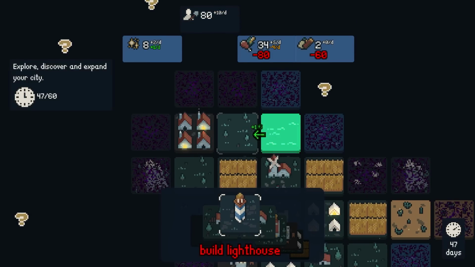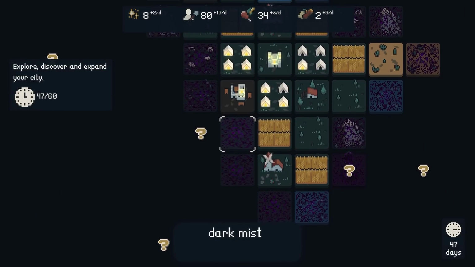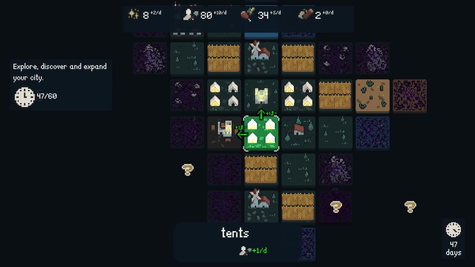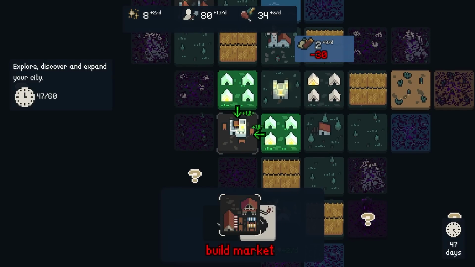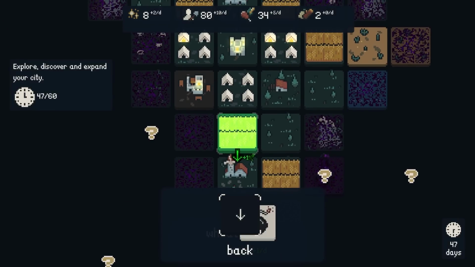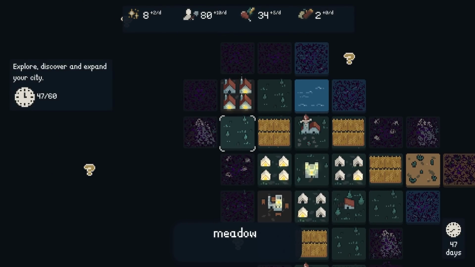80 food? 60 materials? That's a bit unfeasible. That is very unfeasible. Build market. We can upgrade it to a market, which is going to cost me 30 materials. I don't know what that's going to do in the grand scheme of things. Can't upgrade that. Can't upgrade that. Yeah, we need to get...